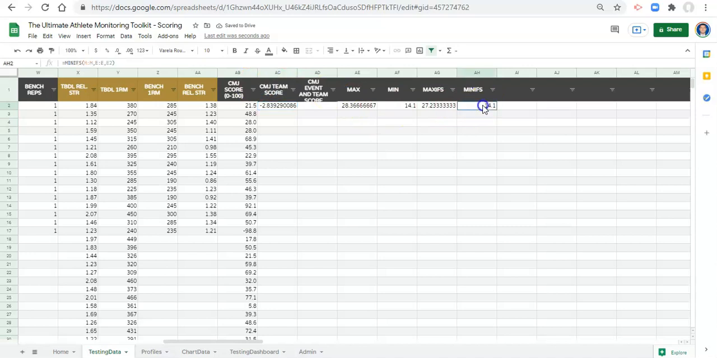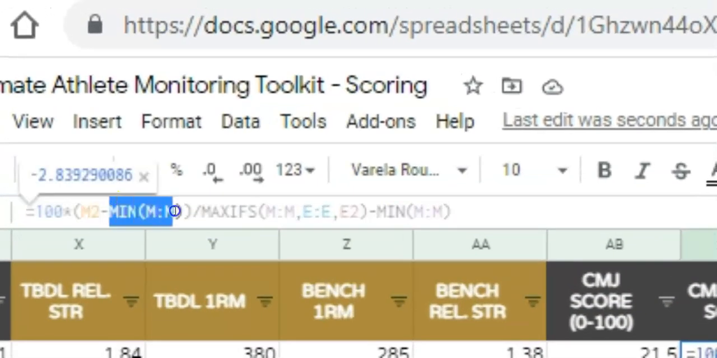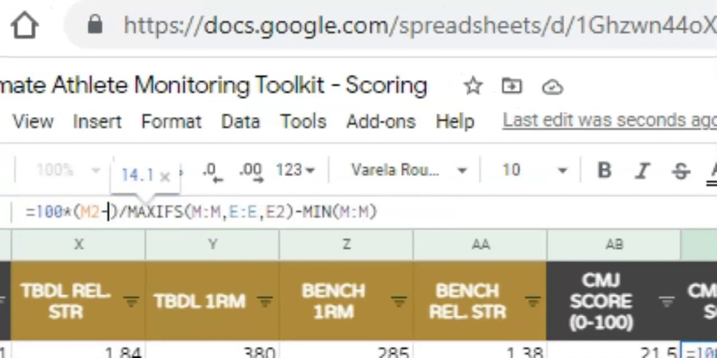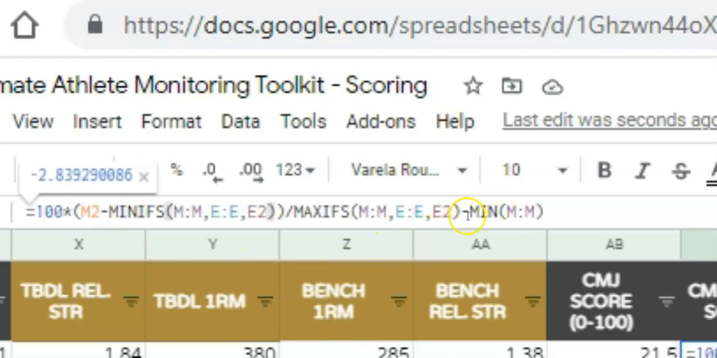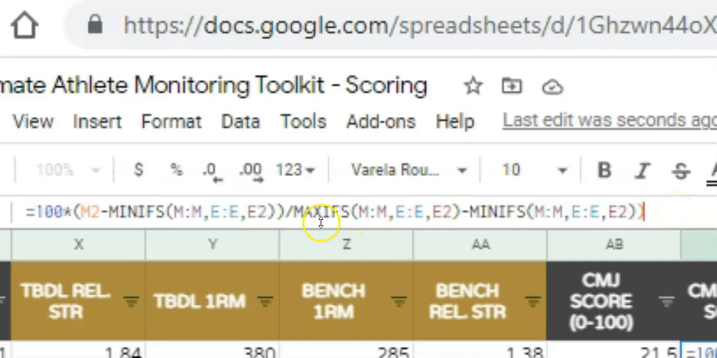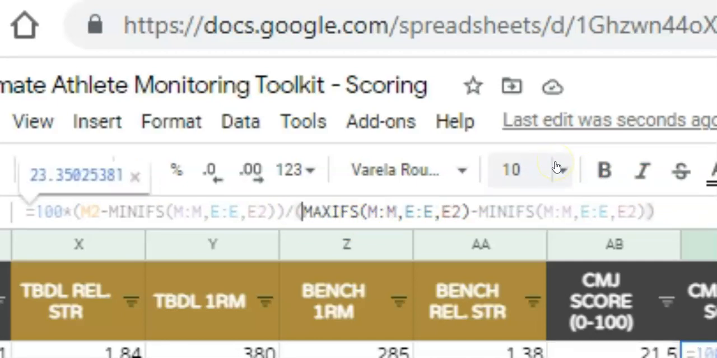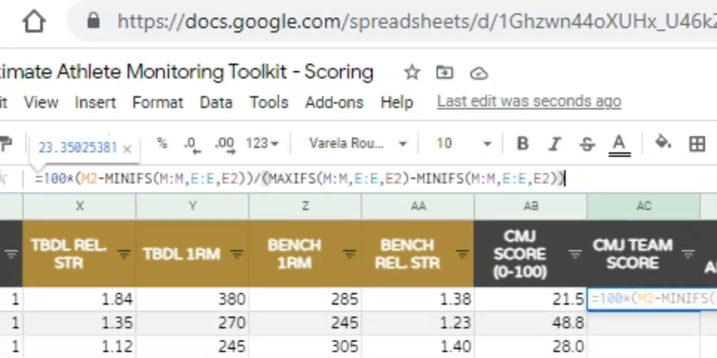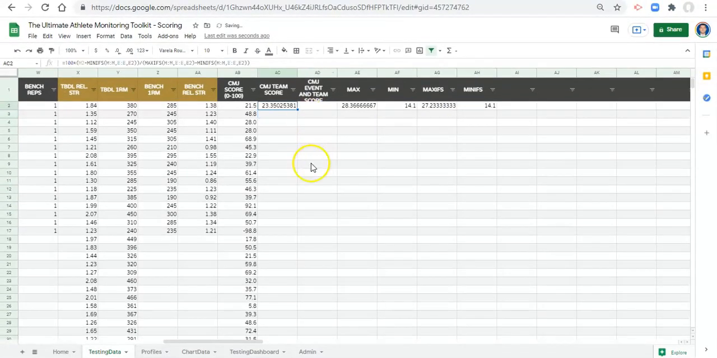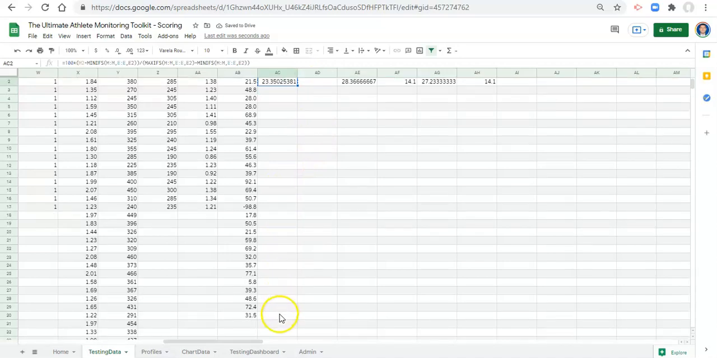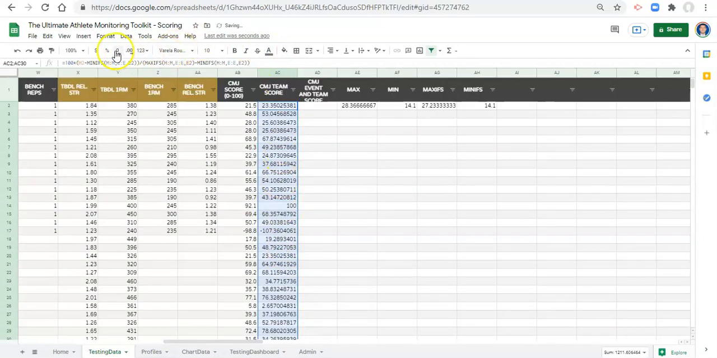And we'll replace the min with this minifs formula. So let's copy that. Go to our CMJ team score and replace the min with this minifs formula, and replace this min with this minifs formula. And we just need to put the parenthesis at the end here, and a parenthesis before the maxifs because those got removed by accident, and click enter. And if we copy this formula now and we paste it down a little bit, and let's remove a bunch of decimal points,